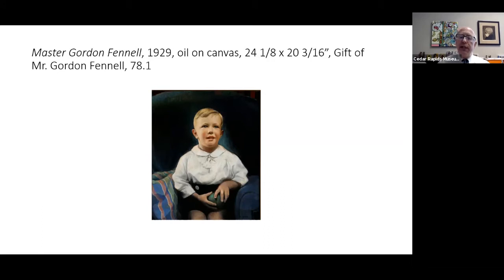Where he leaves Impressionism behind for all intents and purposes, although you'll see manifestations of it in some of his later work, and starts a new chapter, if you will, in his life. And portraits, I think, are an important part of that. Here in this